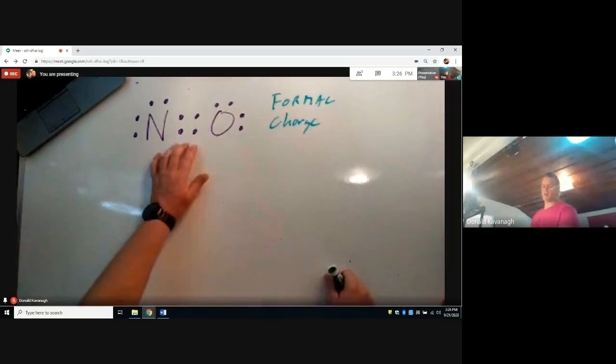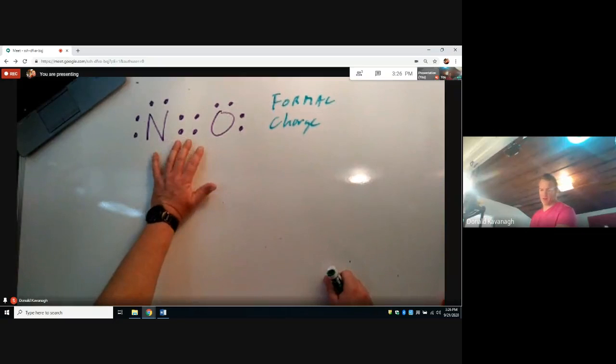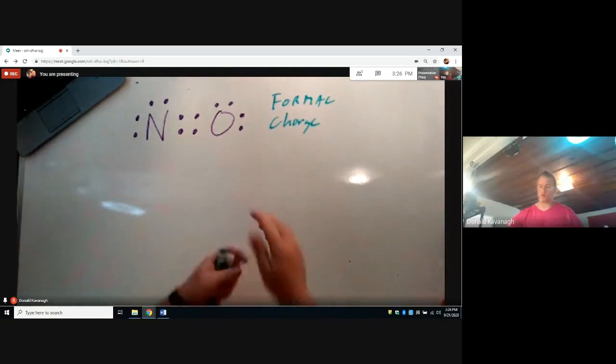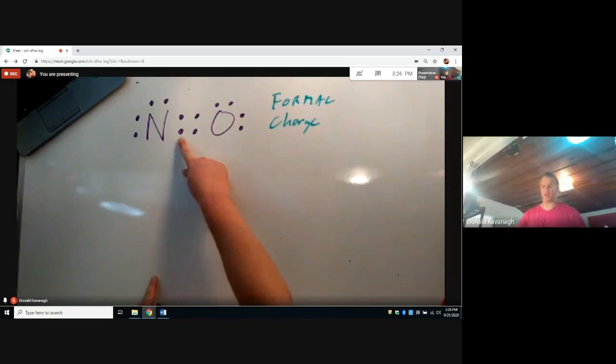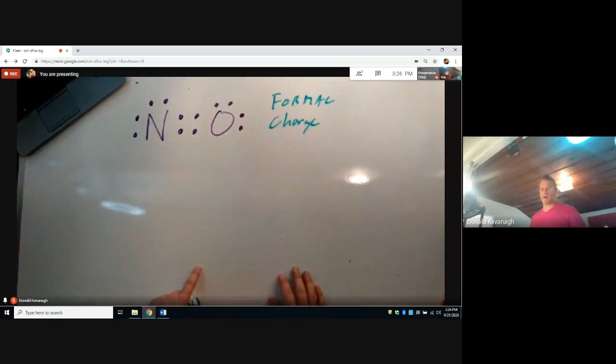We're going to calculate the formal charge in this Lewis dot structure of a covalent compound. Let us be reminded that a covalent compound is a sharing of electrons. There are two bonds here, 4 electrons total, and those electrons effectively are shared between the 2 atoms to fulfill